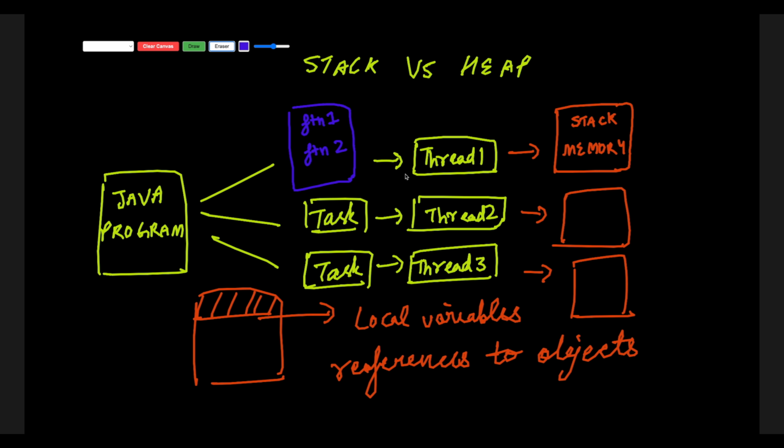Each time a thread calls a particular function, a new stack frame is created to hold the function's data. Once the function finishes, the stack frame is removed and the stack is cleared, making space for the next task. This organization helps Java keep everything in order even when multiple threads are running at the same time. Each thread works in its own stack and clears it once it's done.